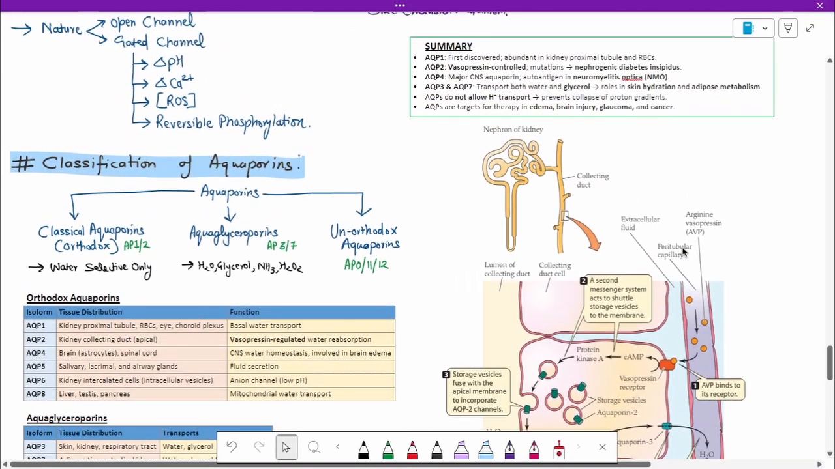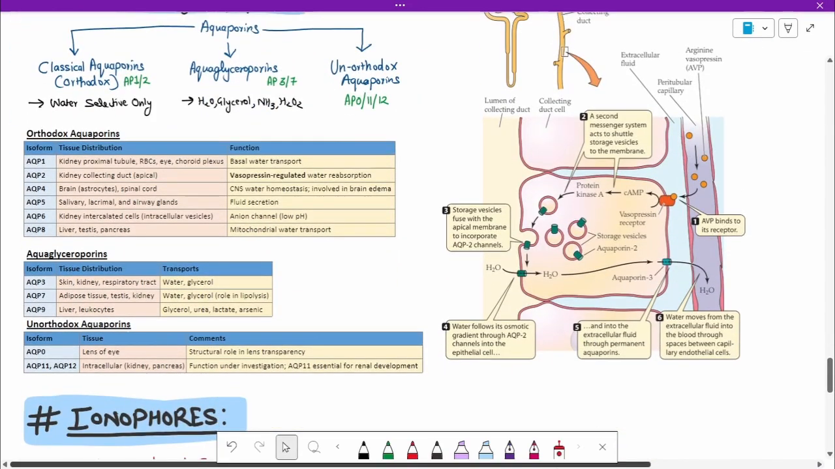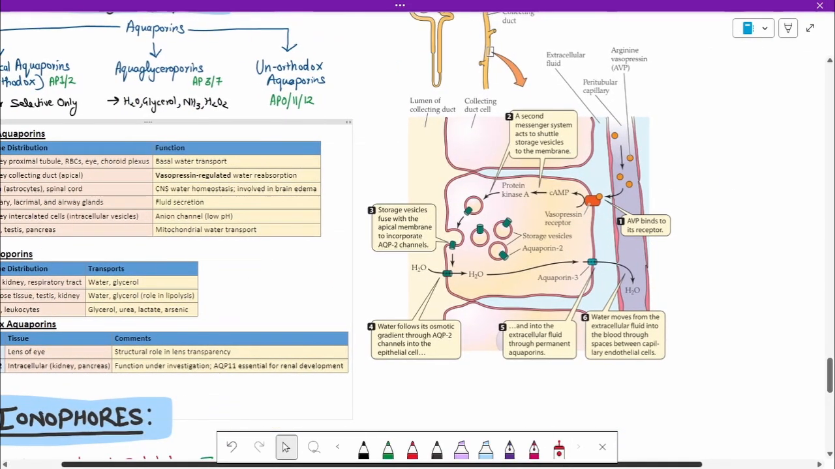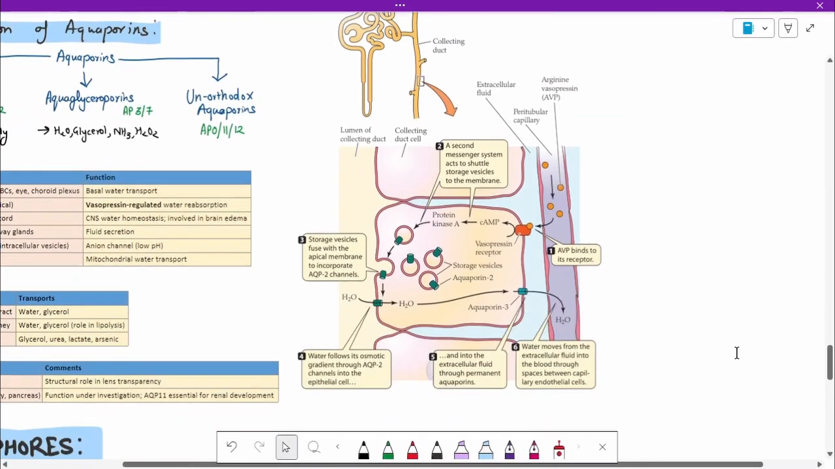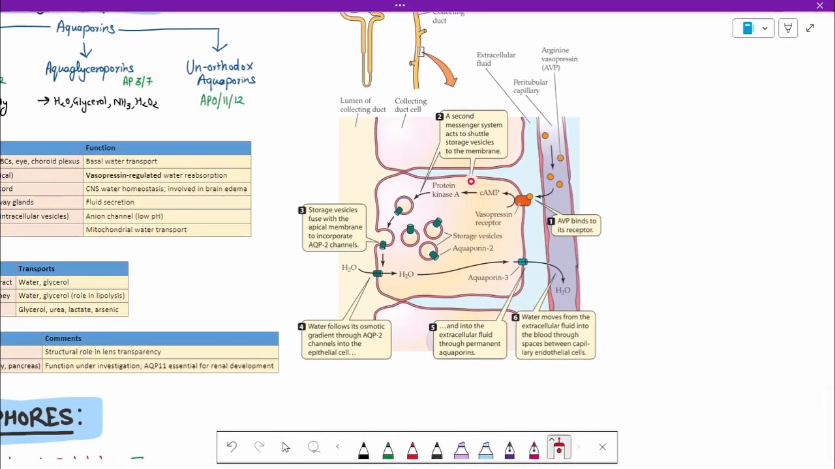Let's see in brief this process of aquaporin 2, which is vasopressin ADH regulated. Vasopressin is present in the blood supply. We are seeing these cells of the collecting duct of a nephron. ADH binds to the ADH receptor, which is present on these cells, and through a certain kind of signaling, these cells have certain